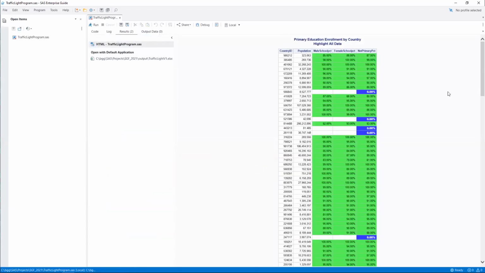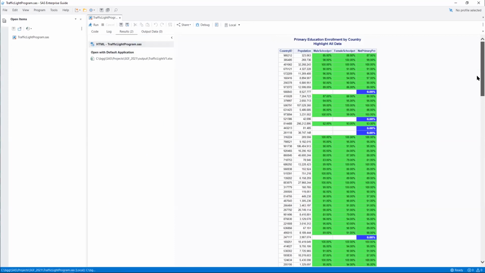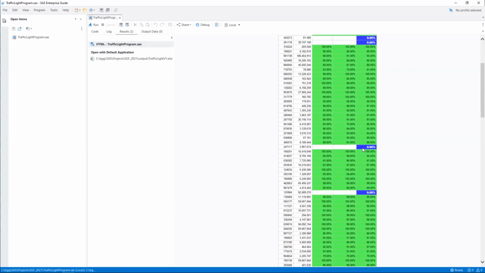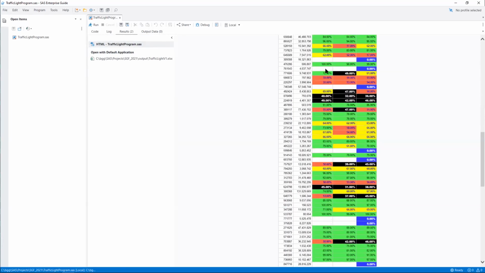So, in the results window, you can actually see the standard default style, which I believe is HTML blue. And this comes out. We can see my zeros have that blue background. All the values that are 70% or above have the green background. And as I go down, we can actually see when the percentages start changing a little more, that we have all the different assigned colors based on our data values.